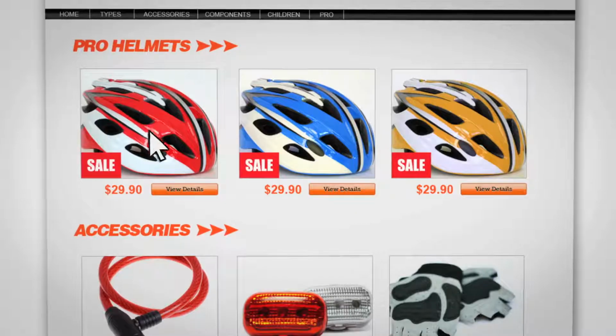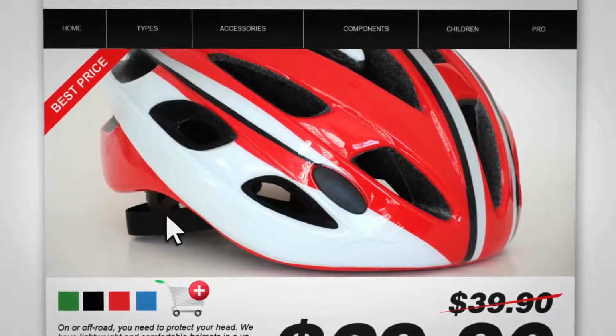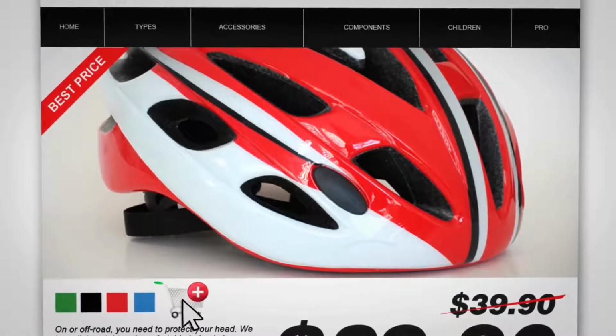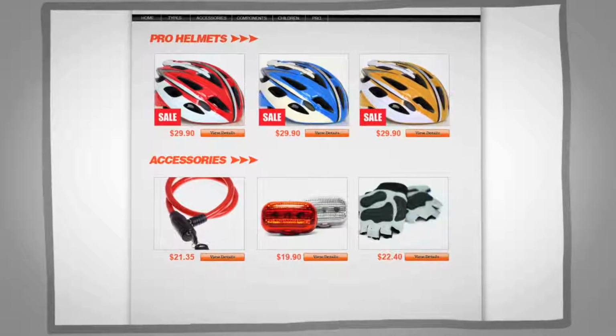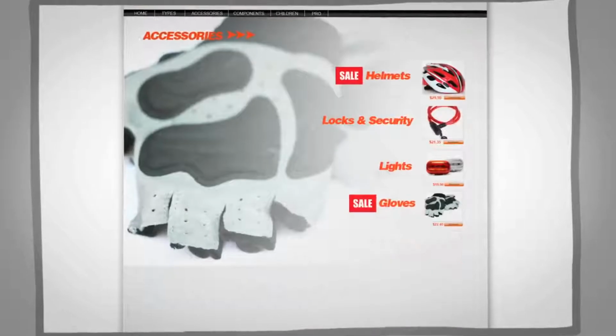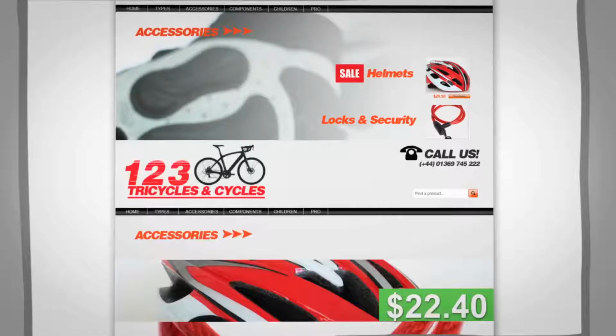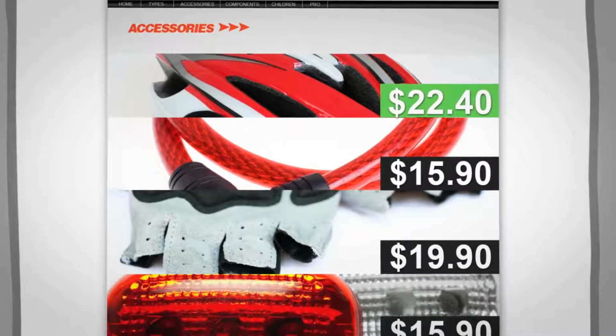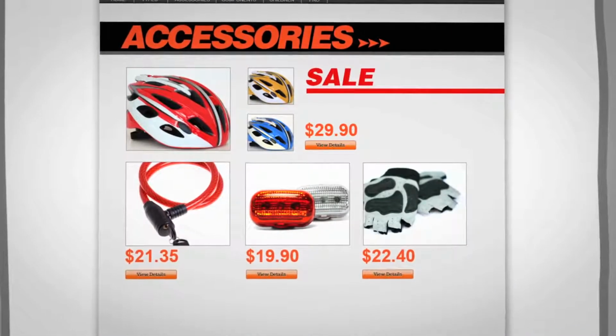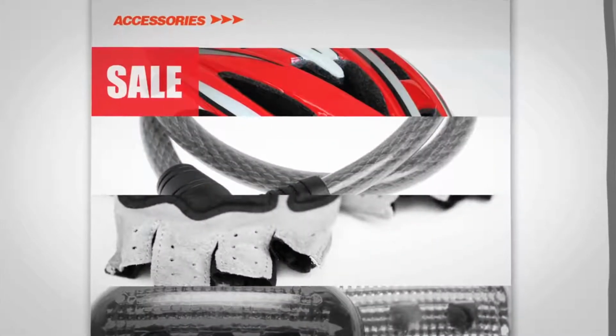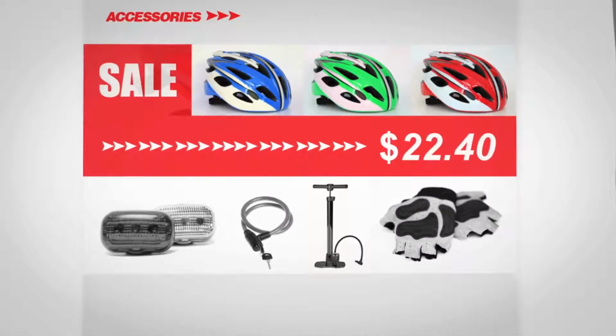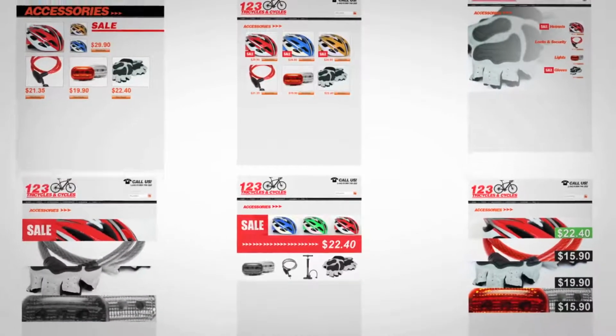pages to increase sales. Introducing new pages one at a time to your site and then waiting to collect results is time-consuming. Content Experiments lets you experiment more quickly. Your goal is to find a version of your product page that increases helmet sales. Content Experiments lets you test up to 6 variations of a page.